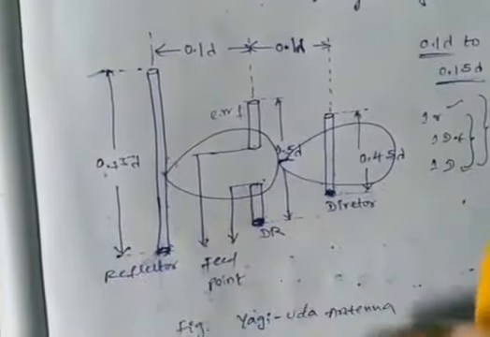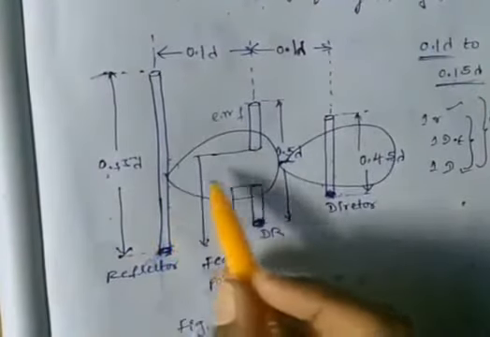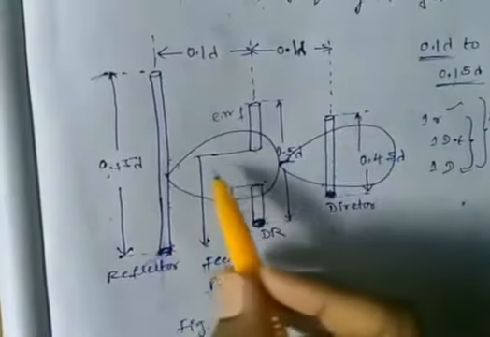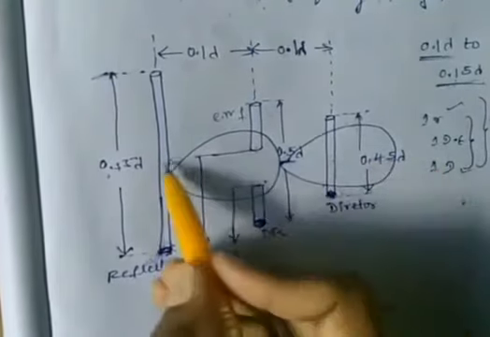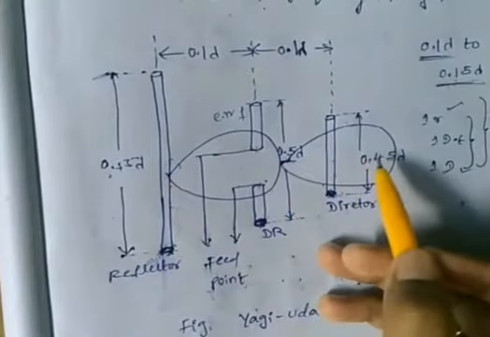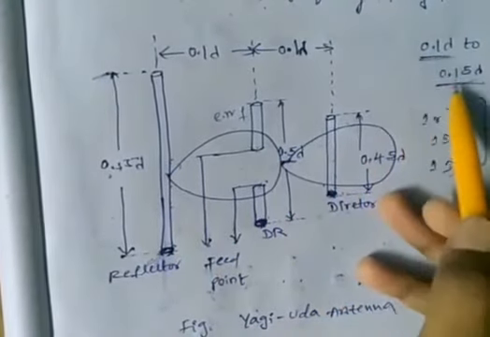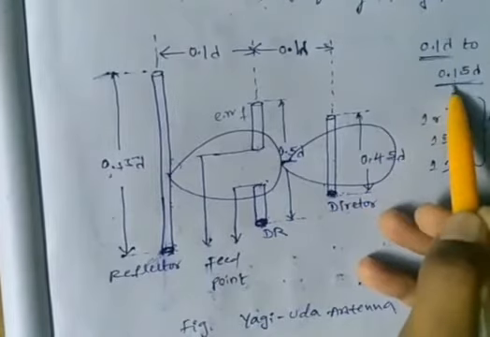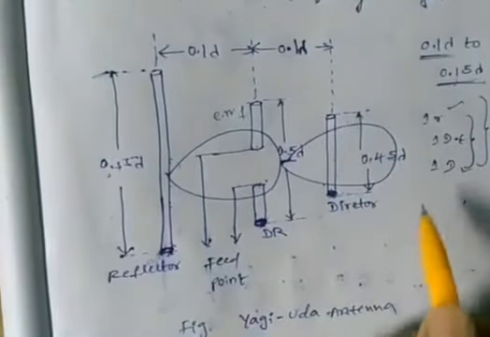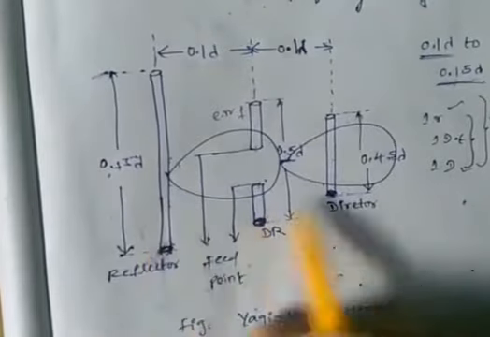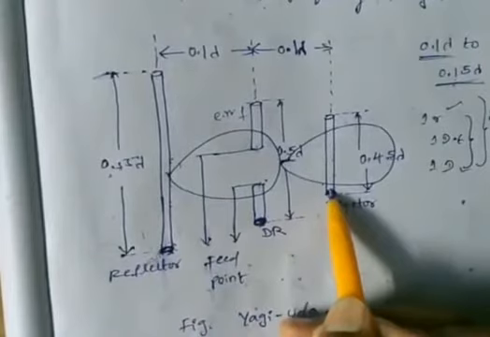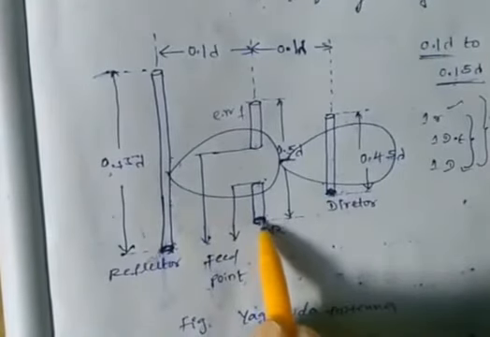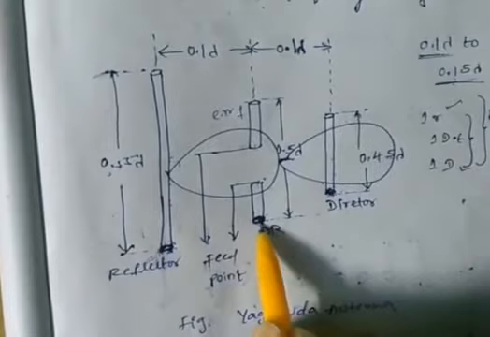In this Yagi-Uda antenna, all the elements are placed in a straight line, parallel, and very close to each other. The spacing between all the elements is 0.1 lambda to 0.15 lambda. There is no need of external supply for the two parasitic elements, reflector and director. We connect the transmission line to the driven element only, for the supply.